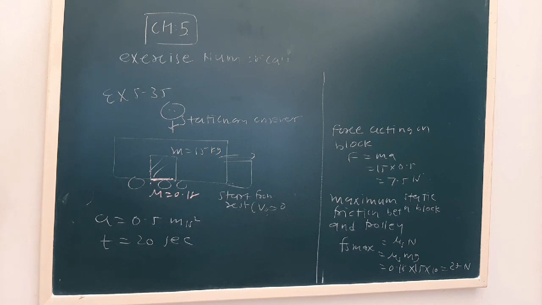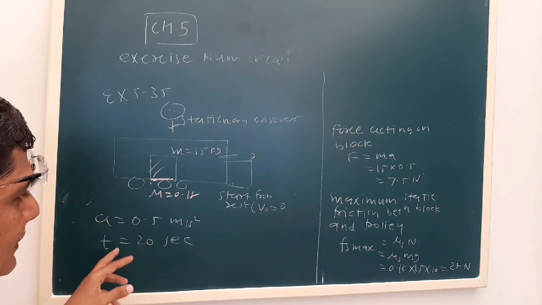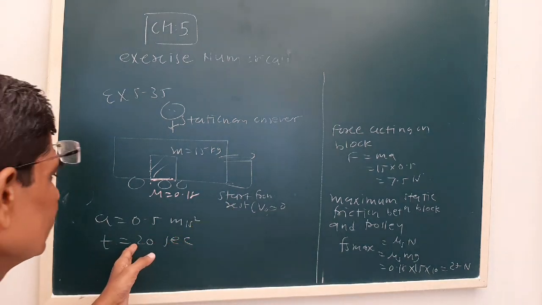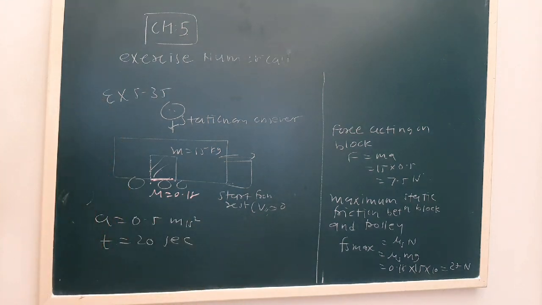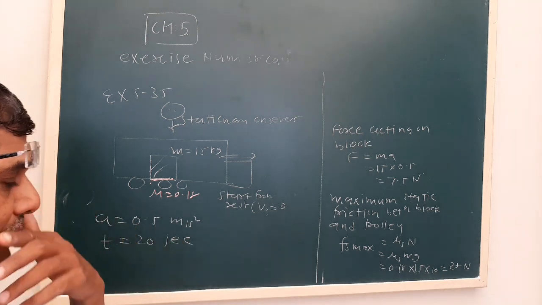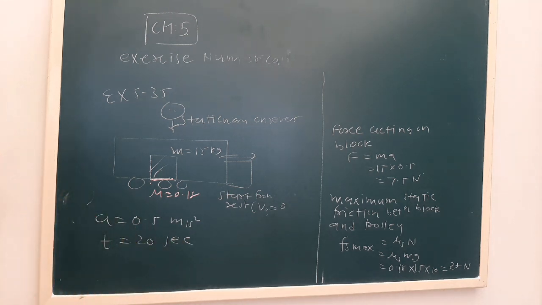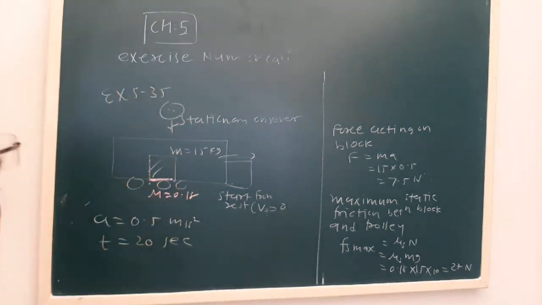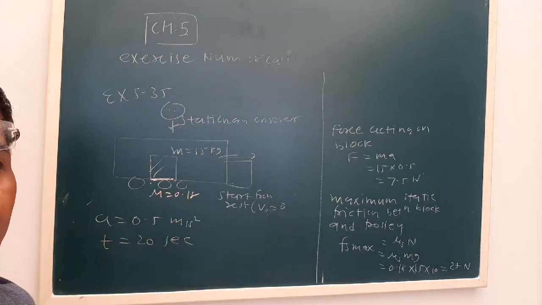Okay, so now, after 20 seconds, starting from rest, the trolley starts with a constant acceleration for 20 seconds. After that, it moves with a constant velocity. That is a part of the question given. So see, there will be no acceleration of the trolley in that case. So it moves with a constant velocity, or we say zero acceleration.